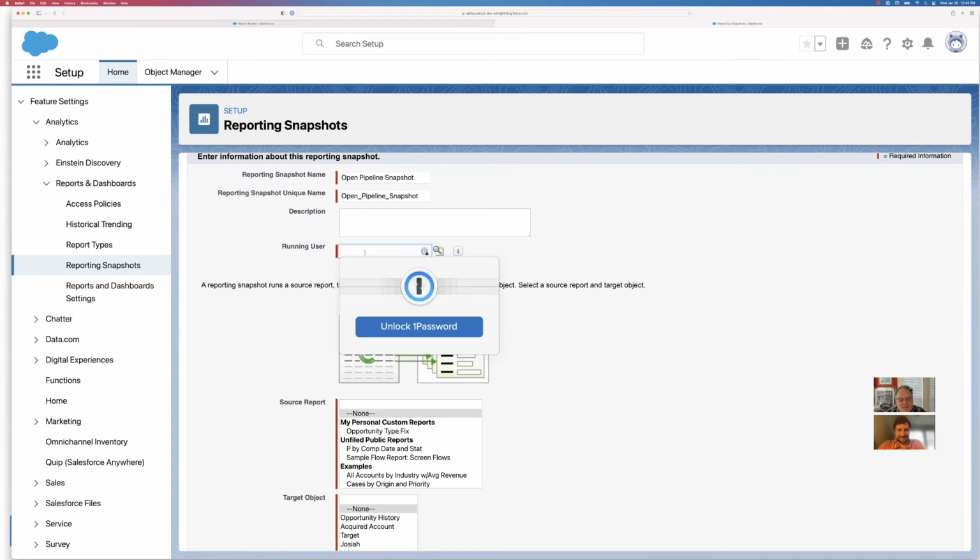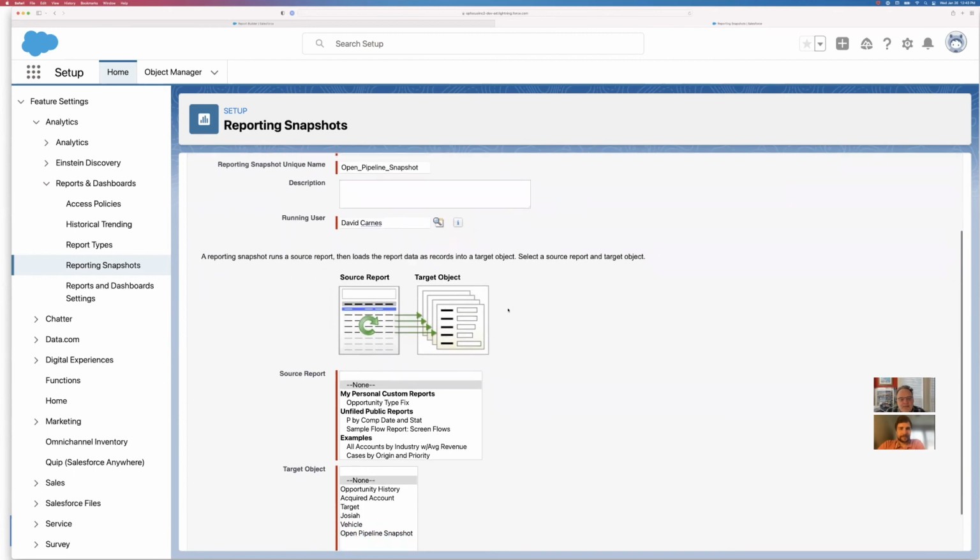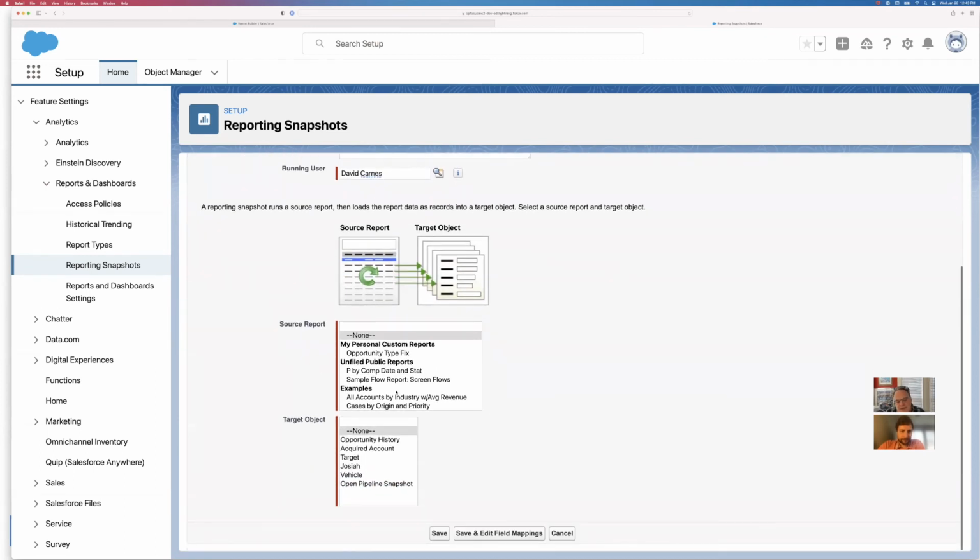I'm going to put myself as the running user. And then this looks like what reporting looked like in 2005. It's kind of funny. This is an older interface. If you're wondering what it used to look like when I was a boy, we can come down in here, we can scroll through, we can find our source report. If you have 10,000 reports in your system, you've got a bit of scrolling to do, but